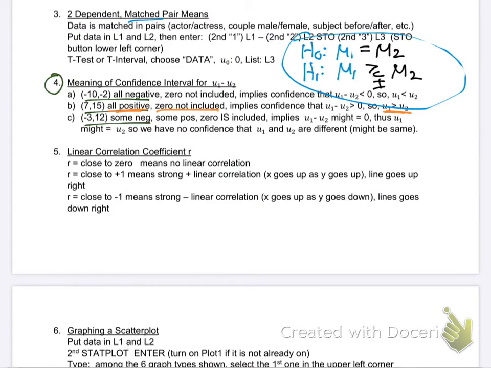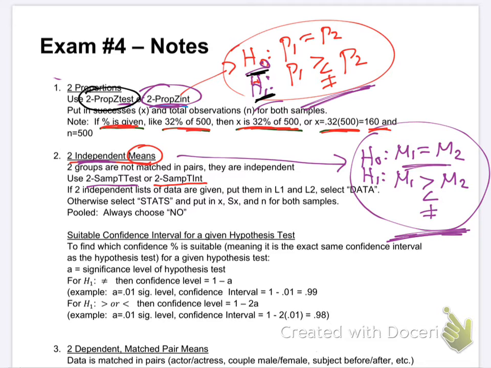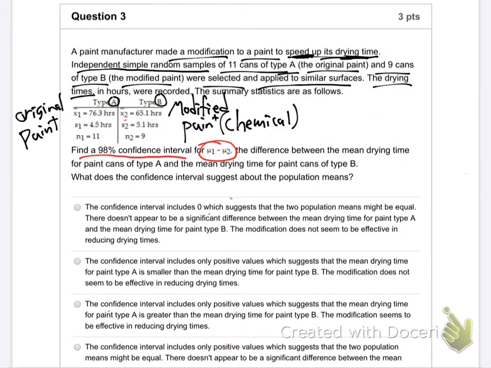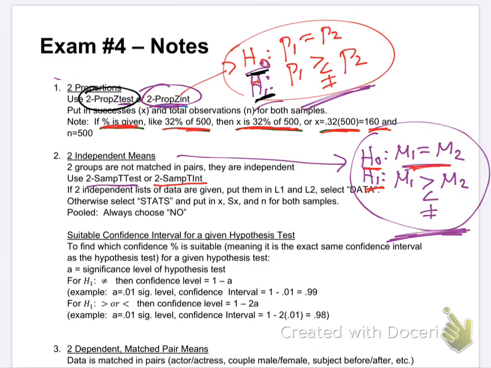So let's go to our exam 4 notes, and we're looking for mu1 minus mu2. Here's the mu1, mu2 stuff over here, so it must be number 2, because here's all the H0 and H1 and the mu1, mu2 stuff. So we must need, because there's no proportions, notice, right? In this question, there's no percentages, but there's averages, aren't there? So we need to do a 2-sample T interval. It's an interval, confidence interval, not a test. So we need to do that.